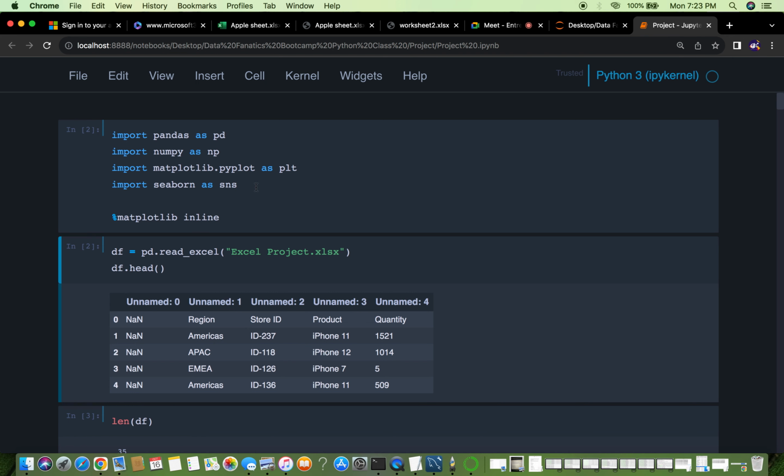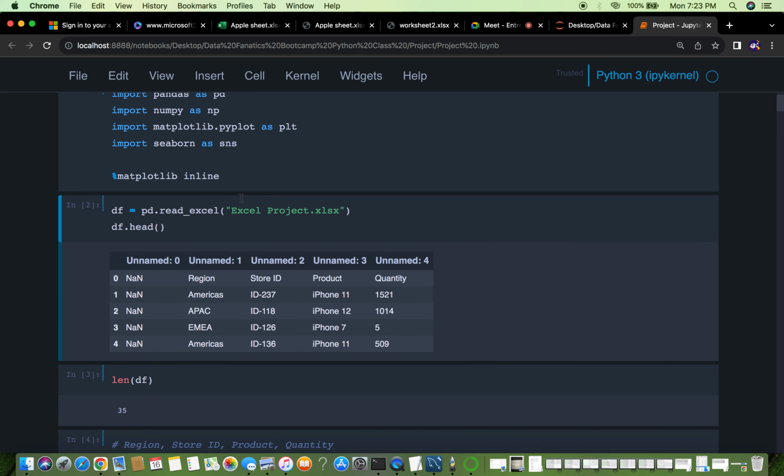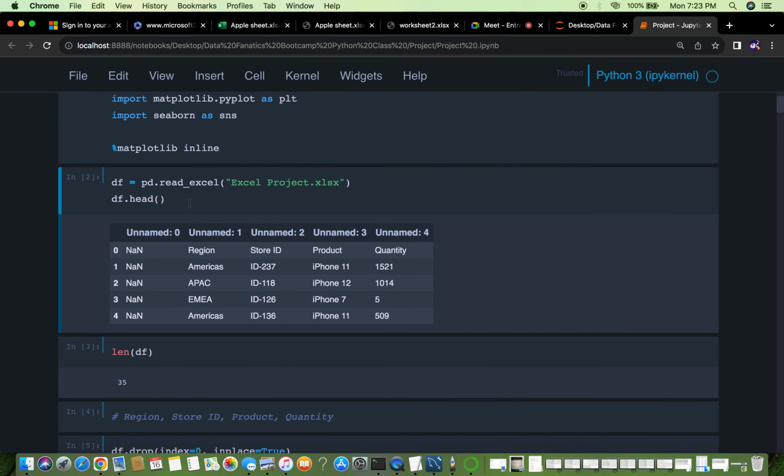So after you've imported all these libraries, you start by importing the data set. And how can you import the data set? You do that by using df. Df is the common name, which stands for data frame, but you can name it anything you want, your choice. It's just common that we use df, which is data frame, equals to